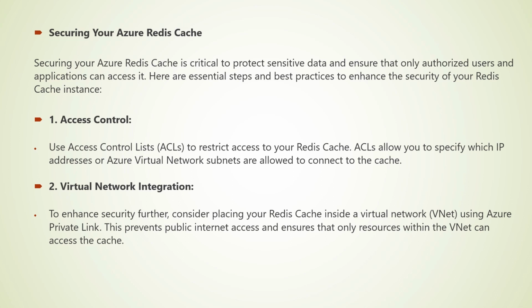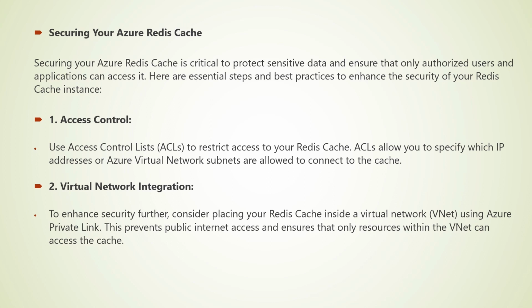Here are essential steps and best practices to enhance the security of your Redis Cache instance. Access control. Use access control lists (ACLs) to restrict access to your Redis cache. ACLs allow you to specify which IP addresses or Azure Virtual Network subnets are allowed to connect to the cache. Virtual network integration. To enhance security further, consider placing your Redis cache inside a virtual network, VNet, using Azure Private